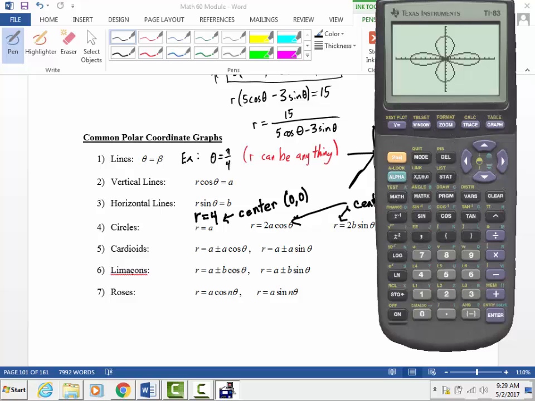Yeah, Elijah. So it does have to do with the petals. It's not necessarily wider and narrower, but it actually makes more of them. So if I go y equals, and I change this to like a 4,